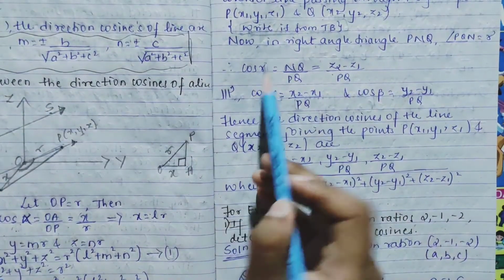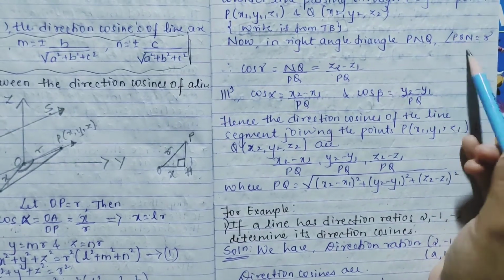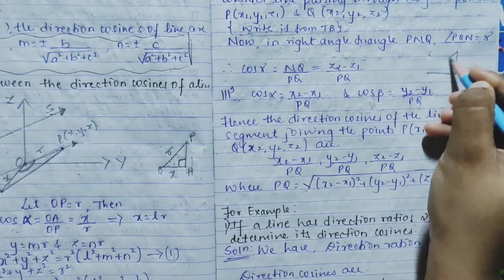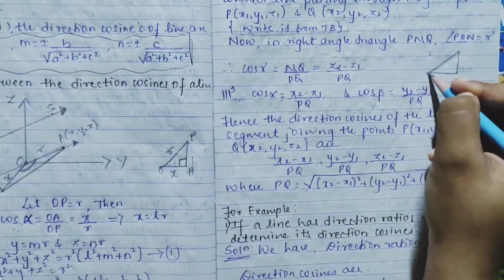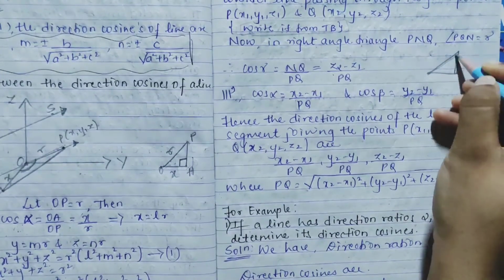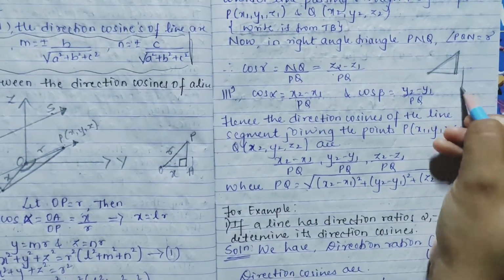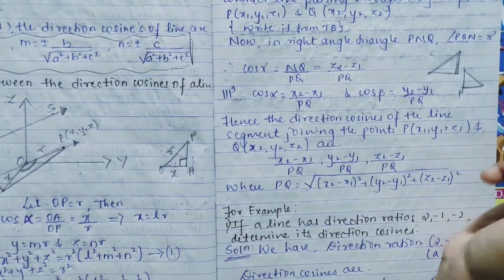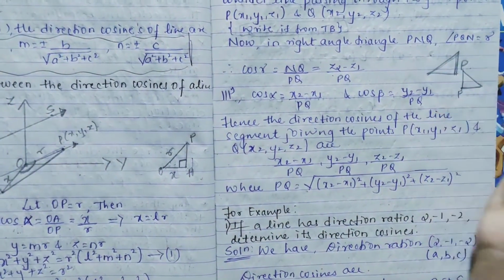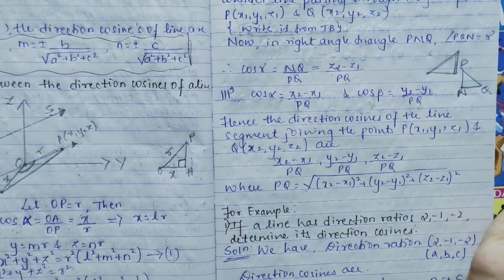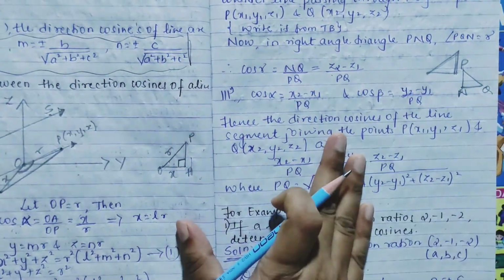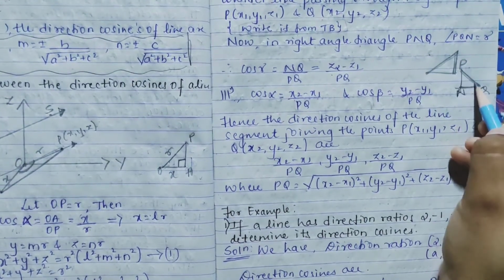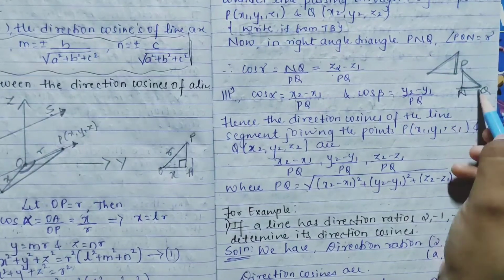So we are considering the right angle triangle P and Q, where angle PQN is your gamma. So cos gamma, how is it? You are getting your right angle triangle in such a way. If you draw it properly, you'll get it like this, right? This we have taken as your P, this we have taken as your N and Q. Accordingly I am doing it. So your base by hypotenuse we take, right? Base by hypotenuse. So your cos gamma becomes NQ by PQ.